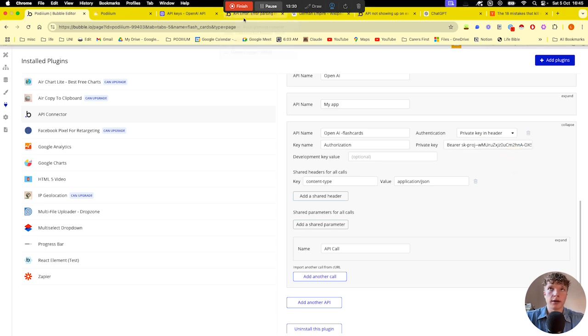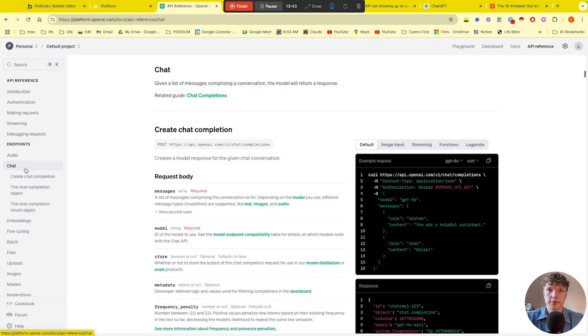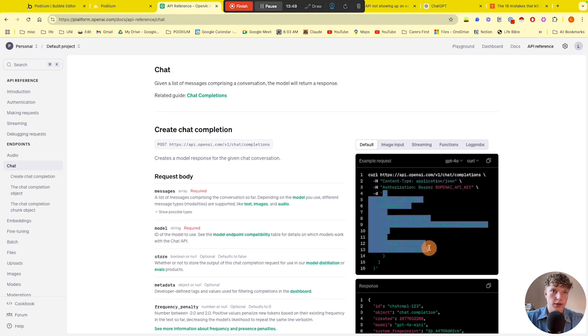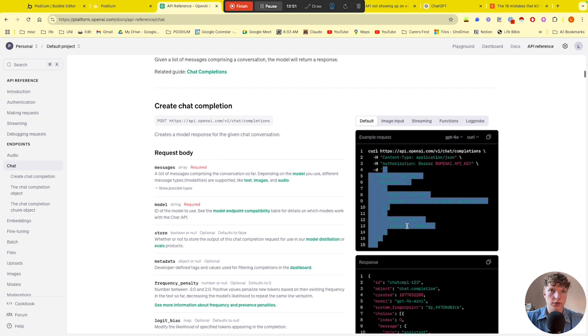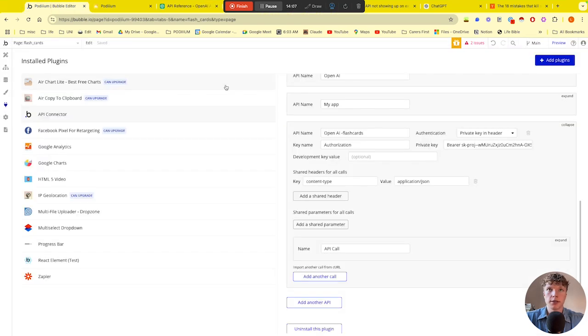And in the actual documentation for our call, if we go to the API reference and go to chat, you can see what we've just coded in is this section of the API call here. So now we need this part of it. So all we're going to do is literally just copy it. You don't want to copy this little apostrophe. You want everything after the apostrophe and before the last apostrophe. So the two curly brackets, you're going to hit copy, go to your Bubble editor,